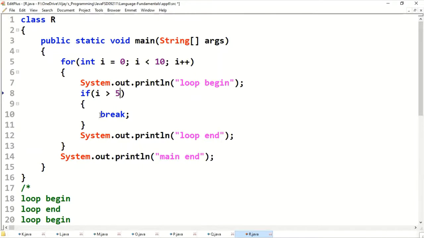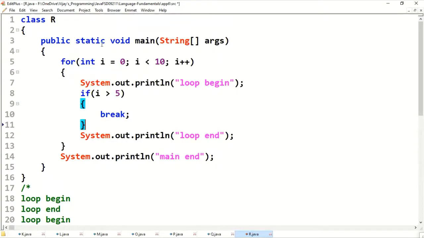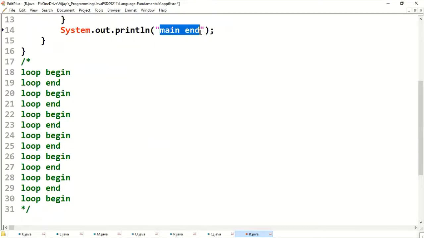Executing the if block, break. In case of break, it is going to terminate the entire for loop itself. It is not going to skip to the next iteration. Instead, it is going to break the entire for loop. Then we get main end.